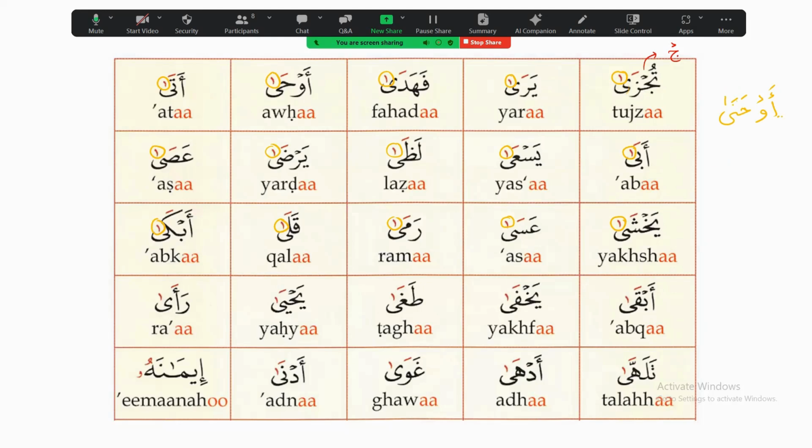We cannot say it like this because this symbol is not here. So we say awha and just ignore this from here. For now you just remember this. Ata, again here same case, ata, aba, yas'a,